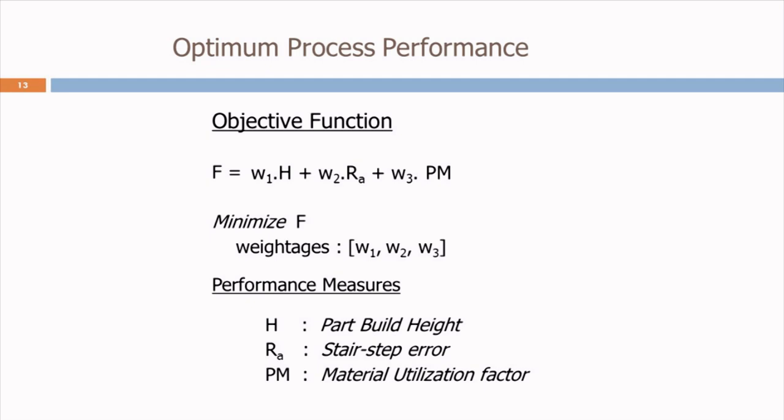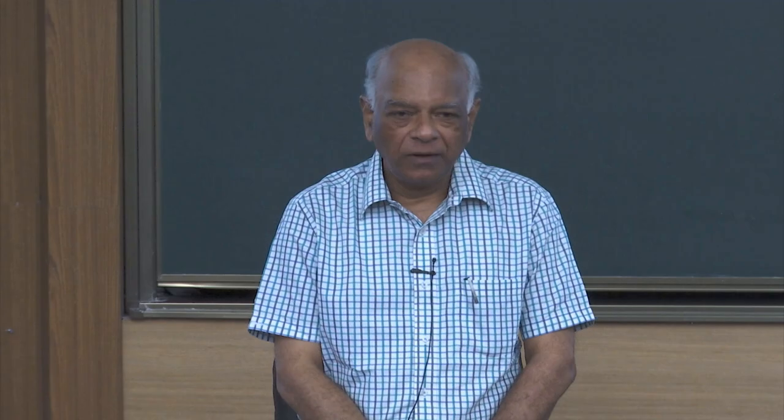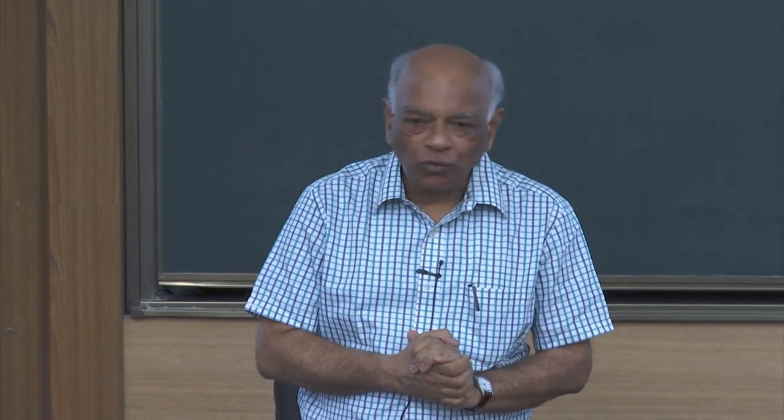So these three are combined together by weightages w1, w2, w3, which collapse into a single objective function f, and we optimize f in order to get optimization of all the three, which as we know is very difficult, because if you catch one, the other one runs away; if you catch the second one, the first runs away. So we need an integrated approach to optimize this.